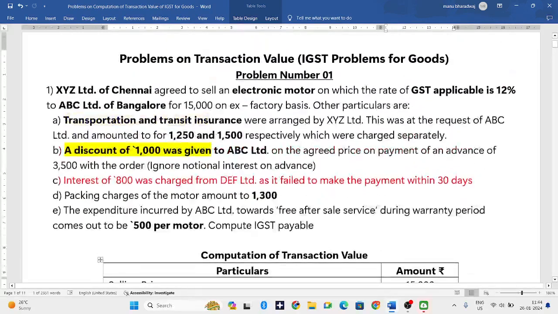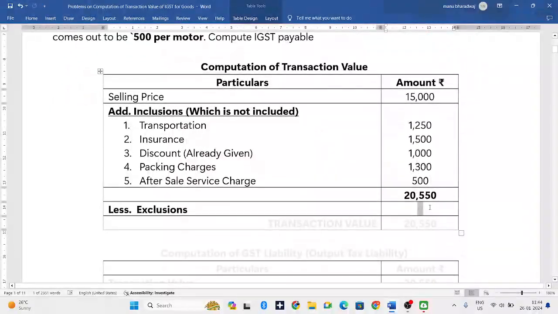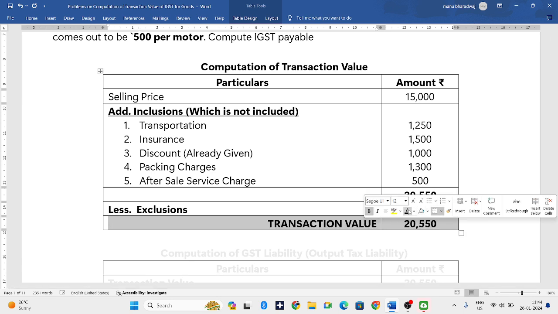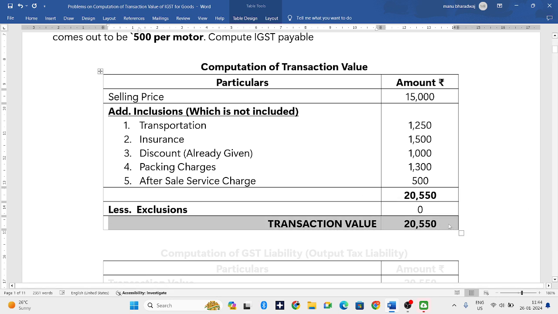Exclusions. So in the question there is no any exclusions. So take it as 0, next you have to add that, you will get the transaction value that is